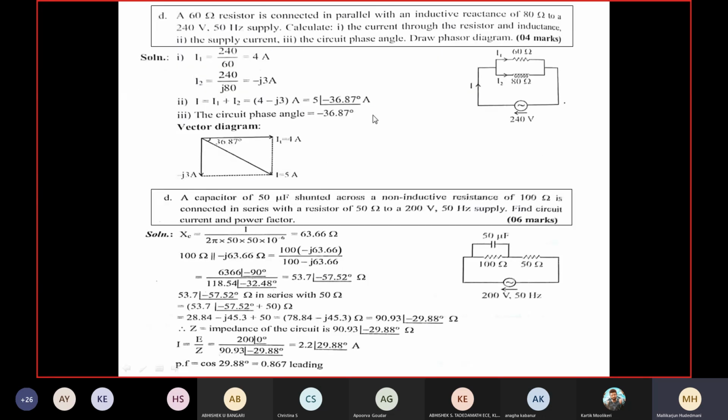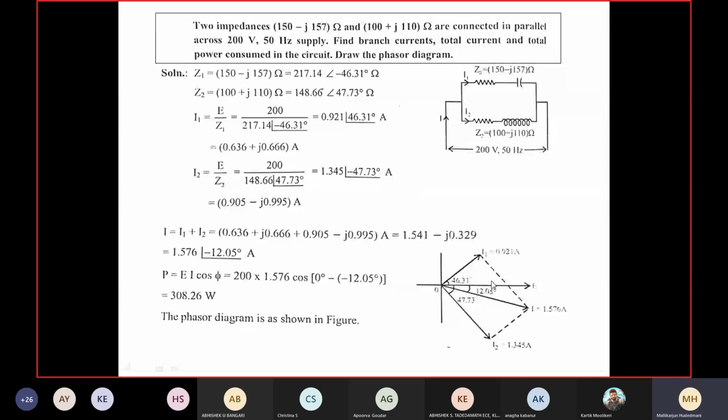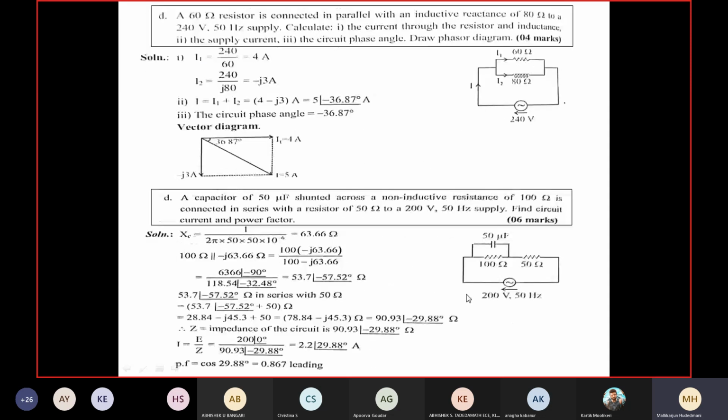What is the meaning of this? I take you back to the circuit. It is I1, for example. It is I2. The angular difference between these two is asked. I1 is above the reference in this example problem. I2 is below the reference. Certain angles, 46.3 and 47.73. What is the total angle spread here? This total we have to sum up. Am I right or not? 46.31 plus 47.7 is nothing but the total angle here. You would know it graphically, but here it is not shown graphically.